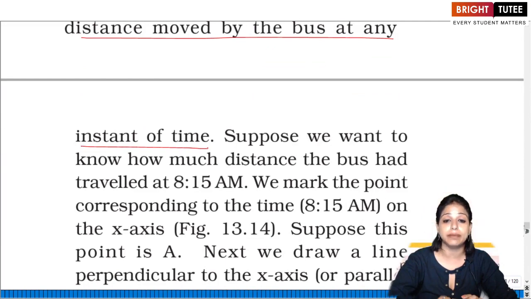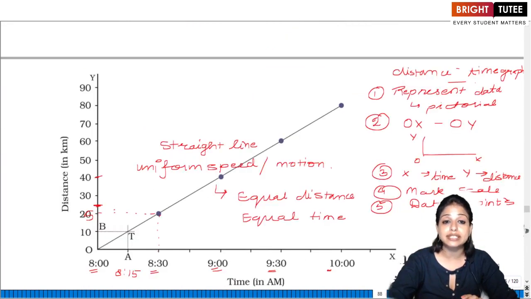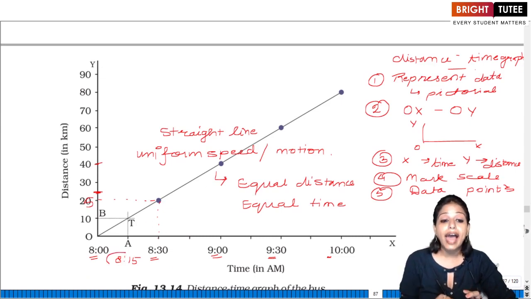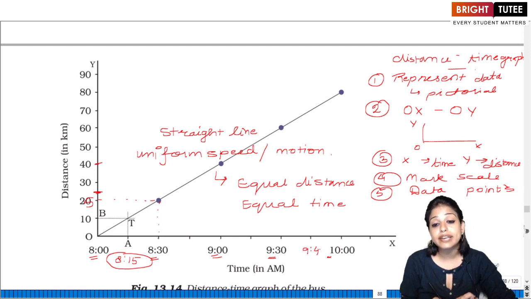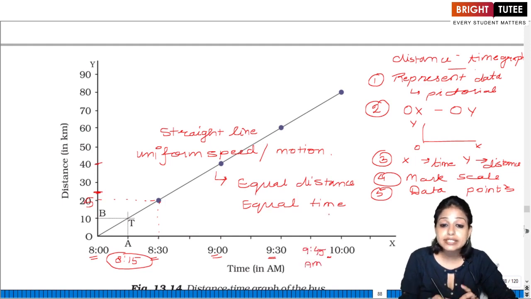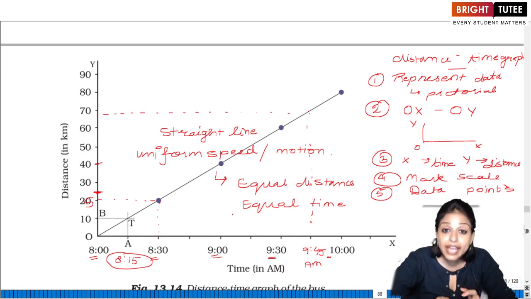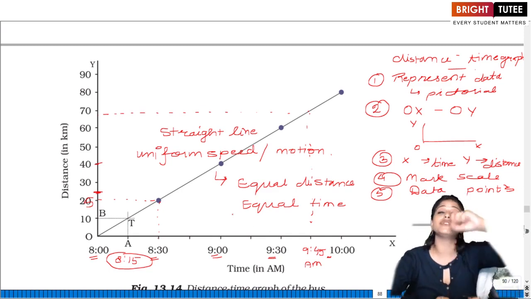If you have a distance time graph, let's go back to the distance time graph as we have seen here. What we can tell from it is not just the data which we are plotting. We can even tell what is intermediate of them. For example, as you can see, at 8:15, the distance traveled was 10. Let's say what was the distance traveled at 9:45 a.m.? The distance traveled will be given by the perpendicular drawn on the x and the y axis. It is around 70 kilometers. We can tell the type of motion, we can tell the intermediate of the motion, we can tell a lot